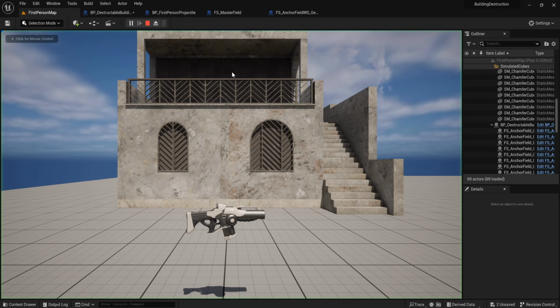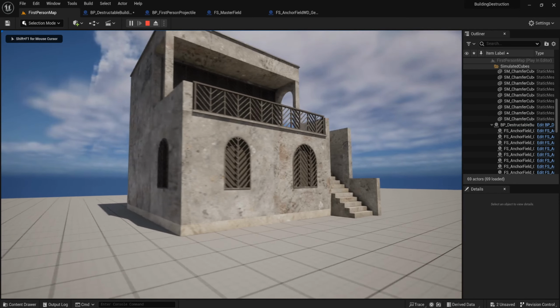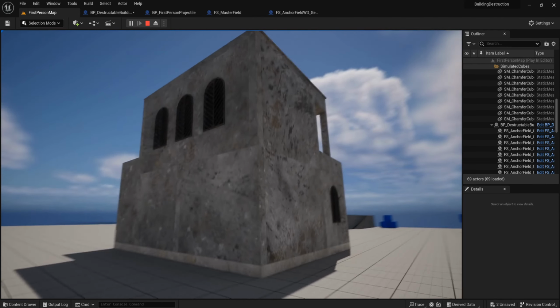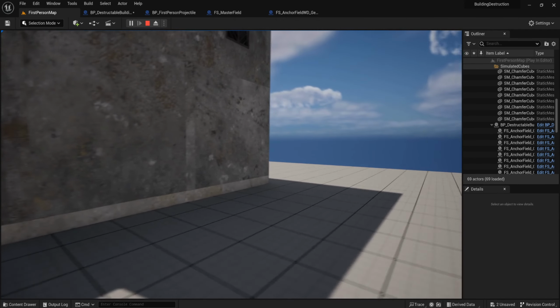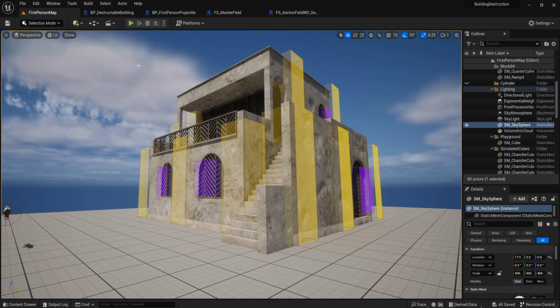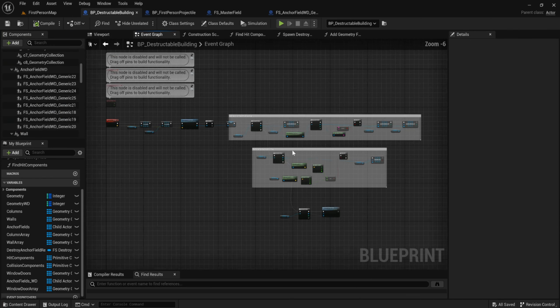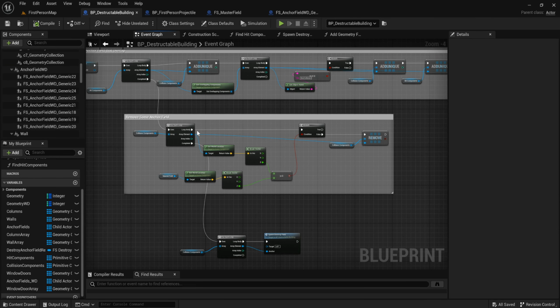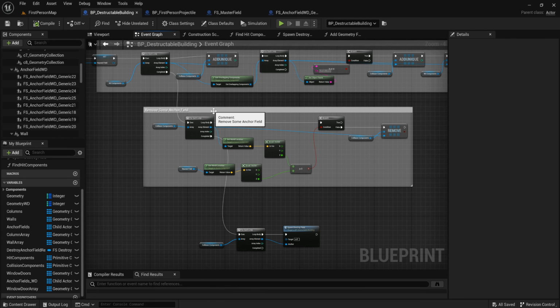And now when we play, we initialize the window and door successfully. It's not falling down because it has the anchor field. Now we want to remove the window and door anchor field when it's